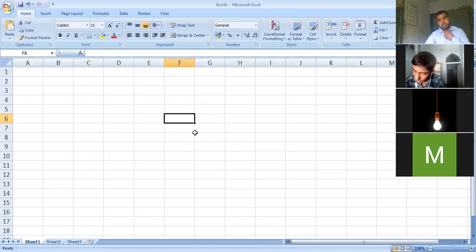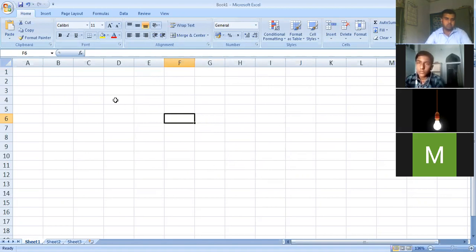The next topic is: what is worksheet? The worksheet is the open space of the Excel sheet to perform any work. The space on the screen that you can see on your monitor right now. It is the open space of the Excel sheet where you can sit and do your work. This is basically the definition of your worksheet.